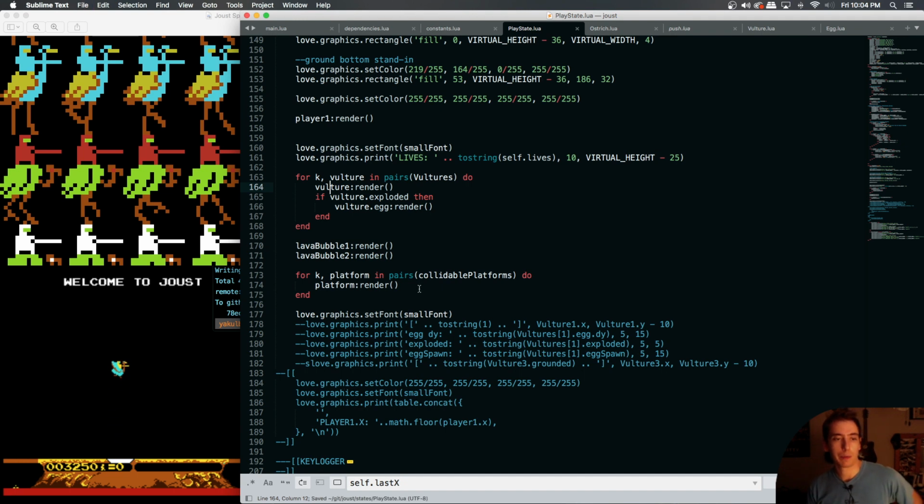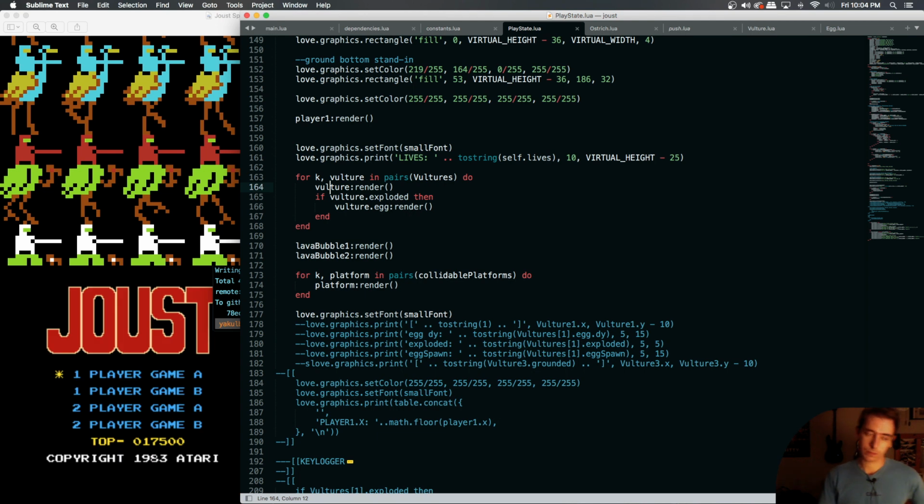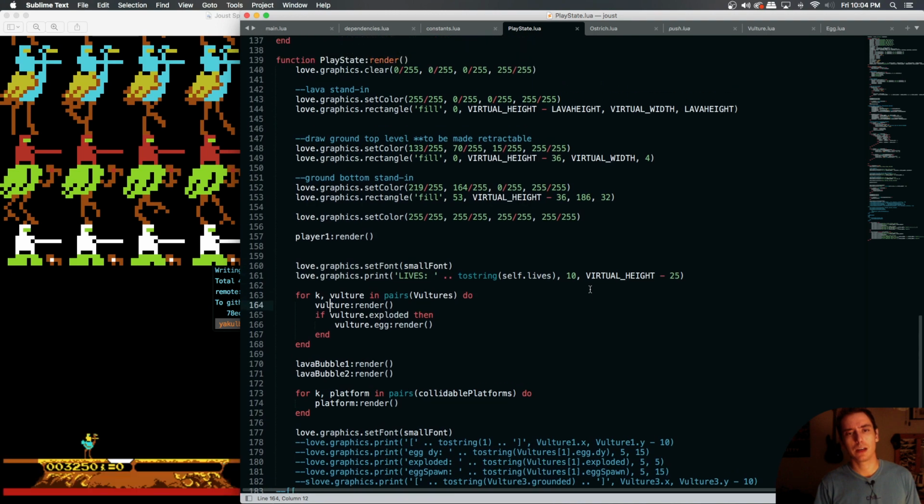Figure out how the game implements points. It has something to do with time. If you get the egg in the first second it spawns, you get the most points for it, and then less and less points until it hatches and becomes a new enemy. But I guess let's just try to get it to be,